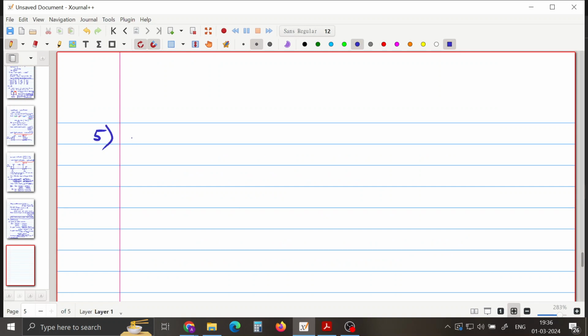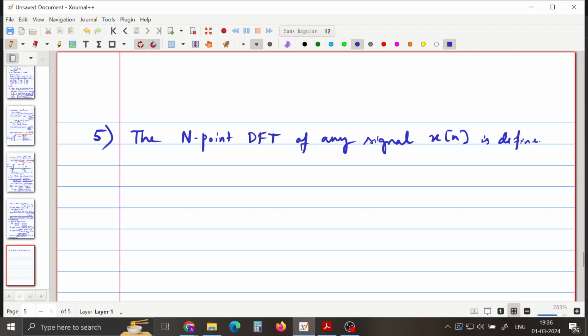So fifth question. First things first, I'll just review the basic formulas for the N-point DFT as well as the IDFT, because IDFT is the one which we are using here. So first of all, the N-point DFT of any signal x of n is defined as